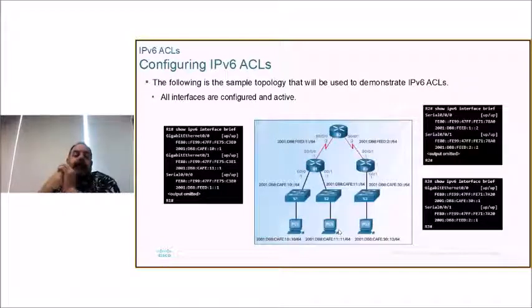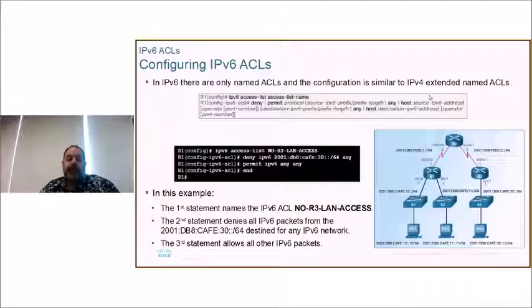So how do we configure IPv6 ACLs? And so we have, of course, a set up IPv6 network. And so there are no numbered IPv6 ACLs either. They are all named. And so the command is just IPv6 access list, give it a name. So you don't need to specify standard and extended because they're all extended, so why bother? And then, of course, you just need to give it a name. And then from there, you put your lines in, like any other